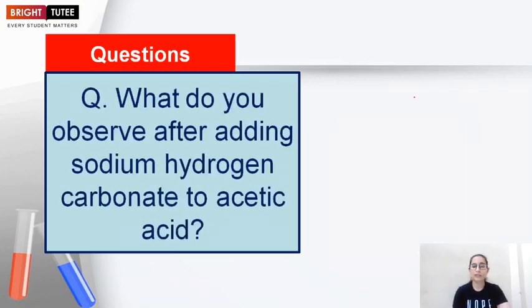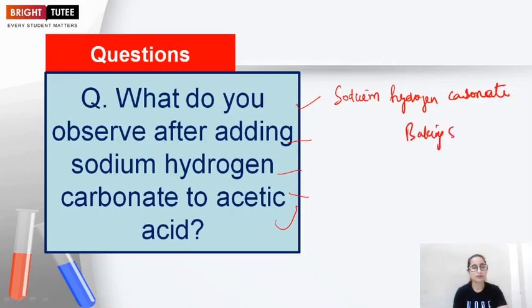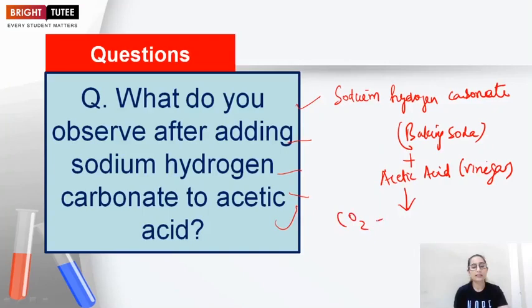Alright. Next question. What do you observe after adding sodium hydrogen carbonate to acetic acid? Basically, sodium hydrogen carbonate is the baking soda, right? It is the baking soda, and when it reacts with acetic acid, this is basically vinegar, right? These are the reactants. They react to produce carbon dioxide plus other